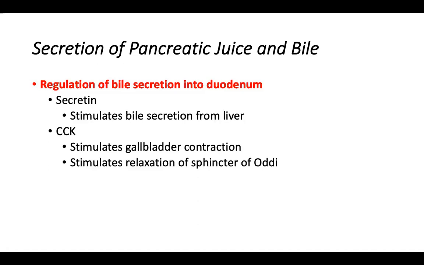So secretin stimulating bicarb release from the ductal cells, that is its main role. Also secondarily stimulating enzyme release because it is potentiating CCK. It is also stimulating bile release from the liver cells, and then its stimulus is going to be acidity in the duodenum. Okay, and then summarizing CCK here again, CCK resulting in its primary role, enzyme release from the acinar cells,